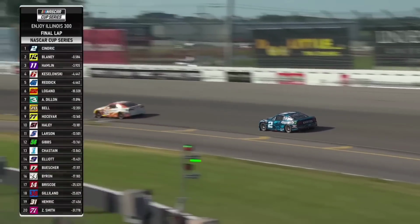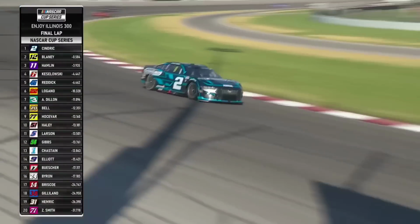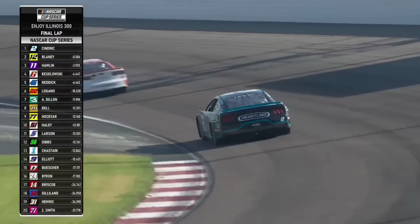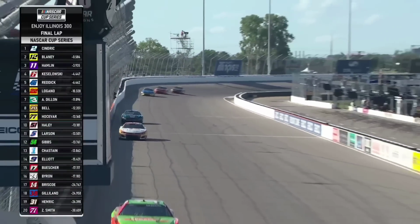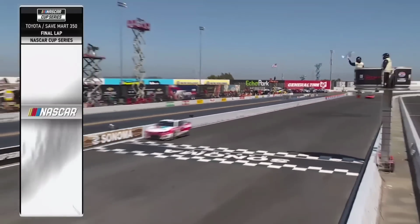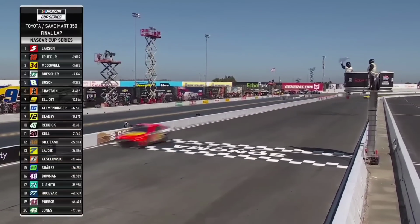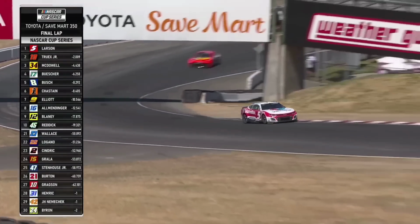How about this? Austin Cindric rolls into turn number 3 after starting from the outside pole with only 1 top 10 finish this entire season, and he is going to the playoffs. Austin Cindric wins in St. Louis. And Kyle Larson drove through the field and back to the front after that final pit stop